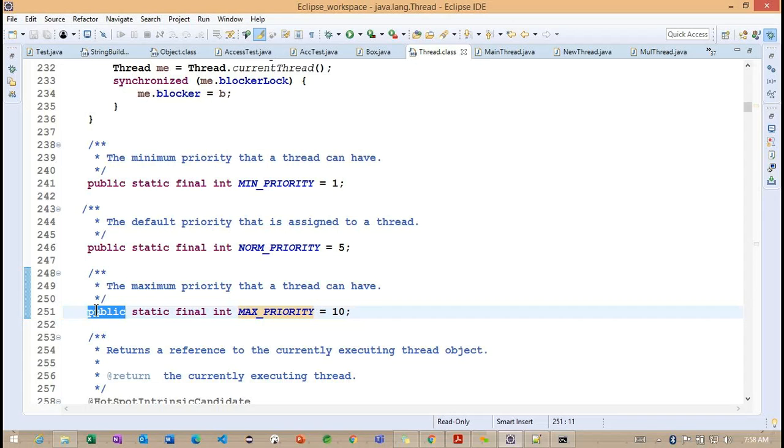Getting the point? So public we need to specify because the entire application, with different packages, is going to access this particular variable without creating an object, and this particular value we are not going to change. So we make it final, and we can define whatever data type based on our requirement, the name of the variable, and the value.